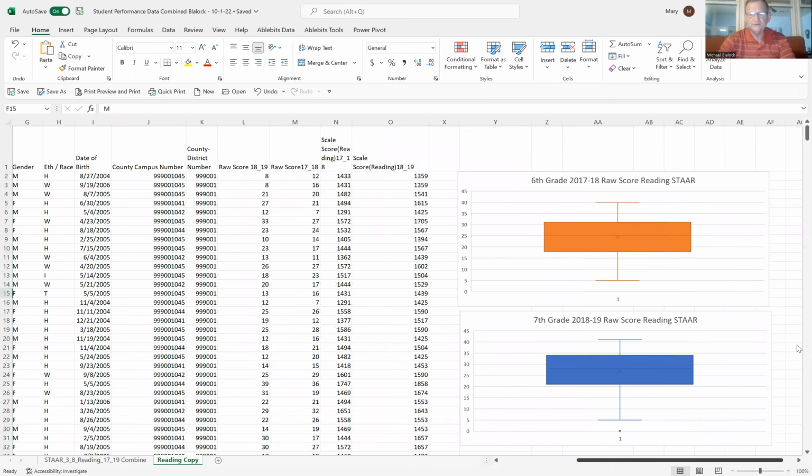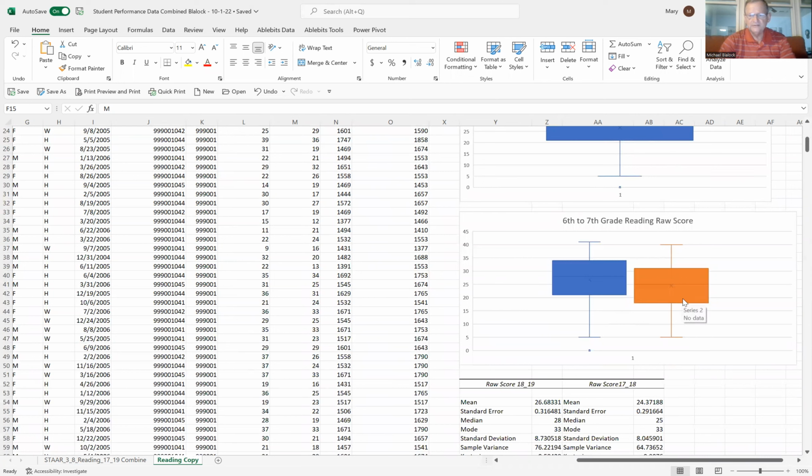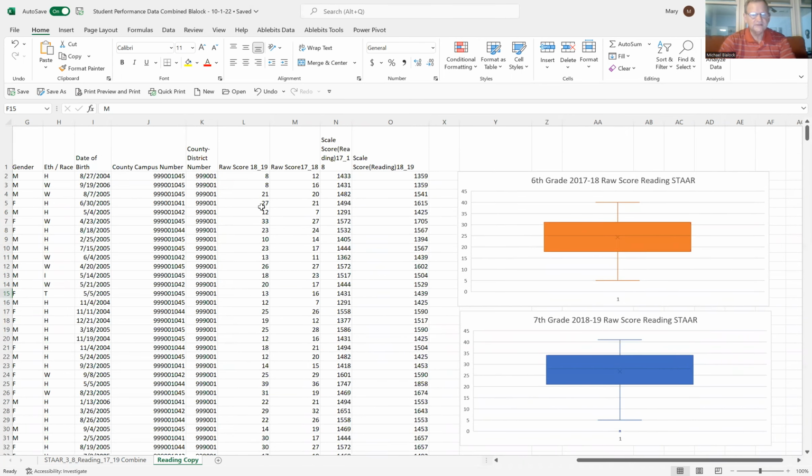So here are the examples of the 6th grade from 2017 and the raw score reading STAAR data. In the orange here, you're able to see the mean indicated by the X. In the blue for the 7th grade 2018-19 raw score data, it's a little harder to see the X in there. And then by highlighting both columns, I was able to do box and whisker for both 6th and 7th grade reading. And so, as was shown in the example,